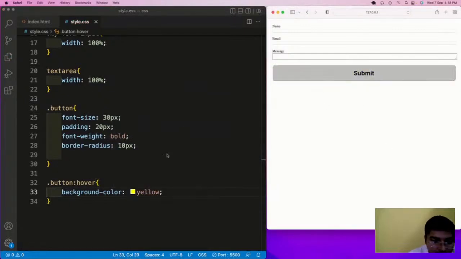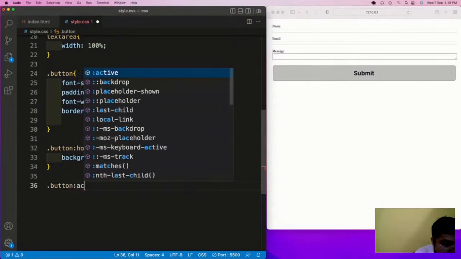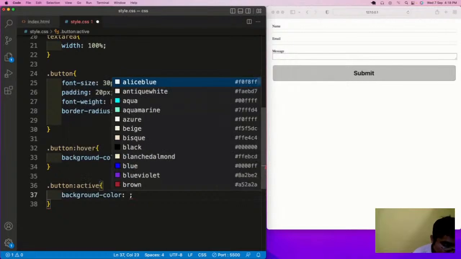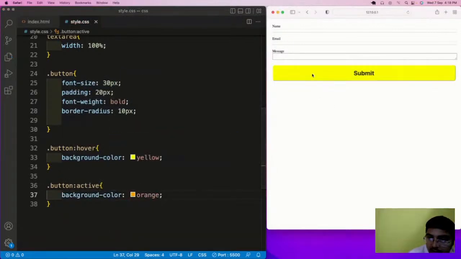Now one more thing we can add, dot button active. The background color will change to orange as soon as I click it. Fine. So these are some properties which you can use to style your